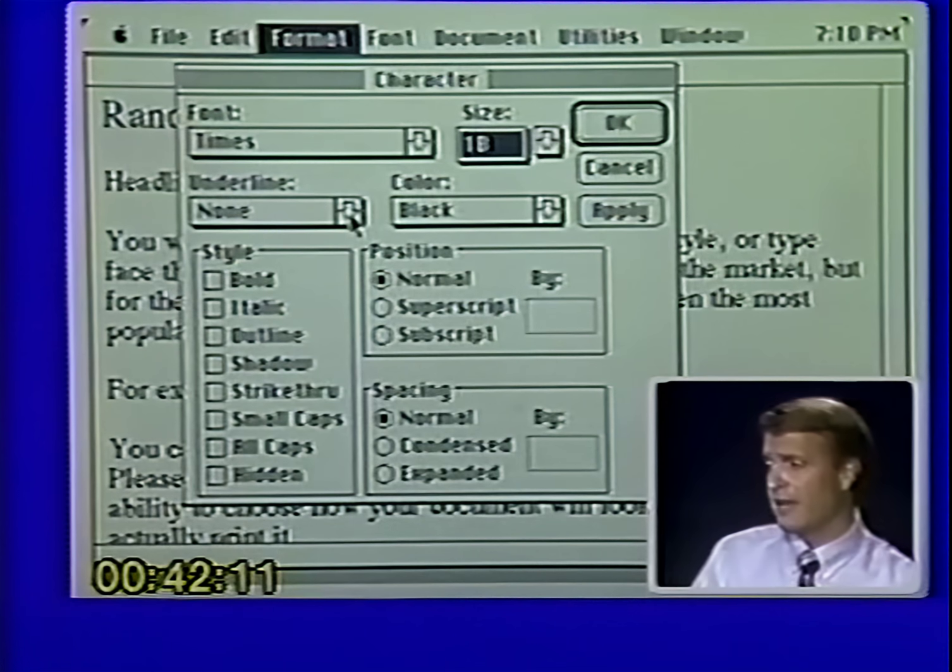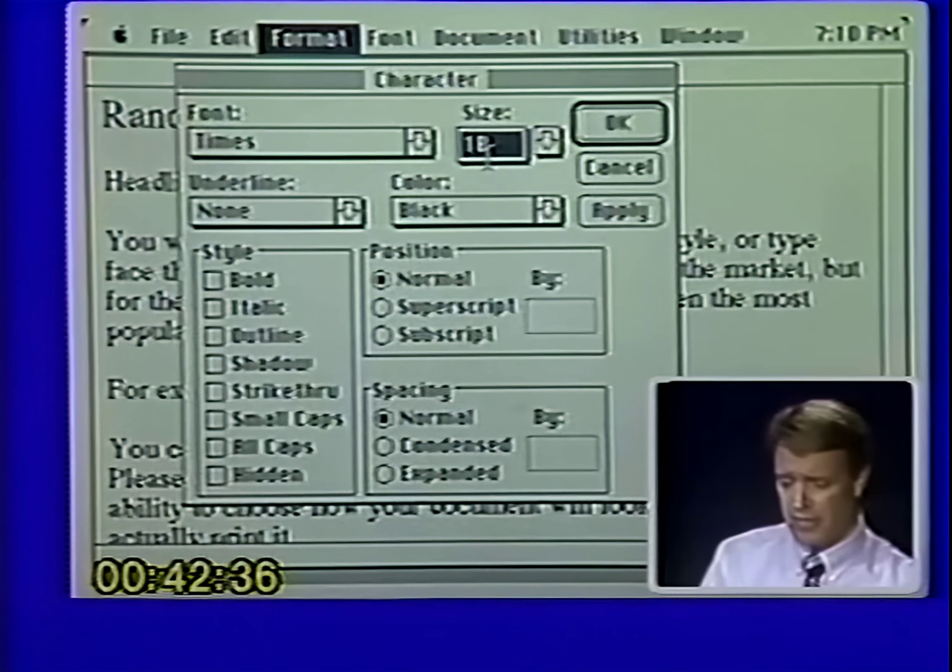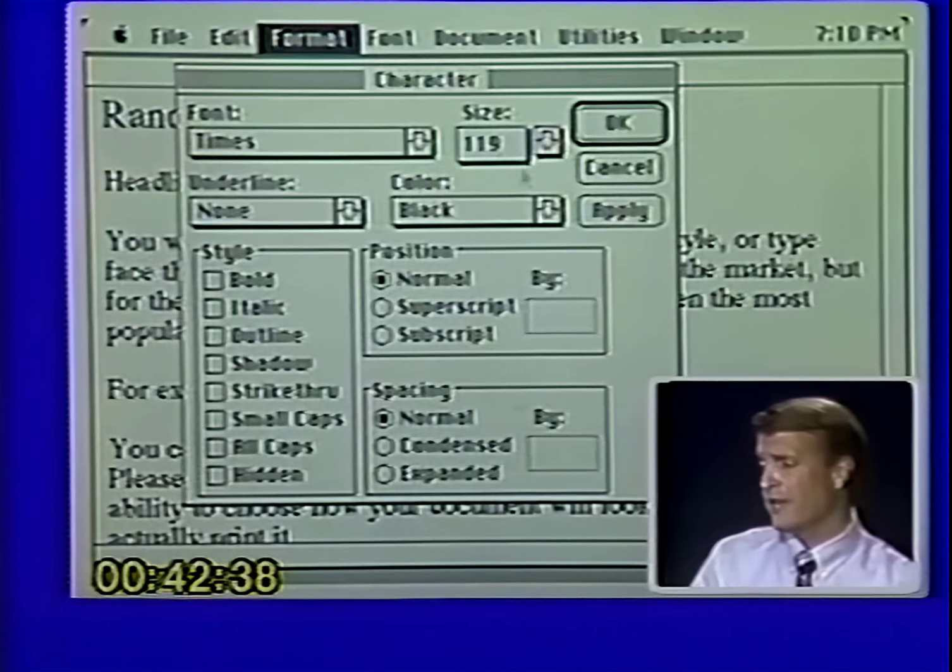You've got a lot of underline options now, your superscript, subscript, and also, as I was mentioning before, you've got even some spacing options now, which we'll go into later on. Right now, the only other thing I wanted to point out here is what if you want a size of copy that is larger than the options that it gave you? I think ours went up to 24 at that point. What would happen if I wanted 119 point type? Well, all you do is come up here to the size box and type in whatever size you'd like.